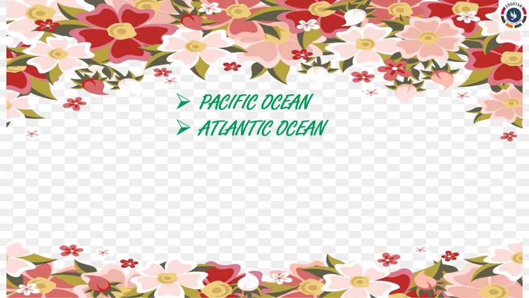Next is about the Atlantic Ocean. The shape of the Atlantic Ocean is the letter S and it is the second largest ocean. Indian Ocean: it is the third largest ocean and it is triangular in shape, and the Arabian Sea and Bay of Bengal are important parts of this ocean.